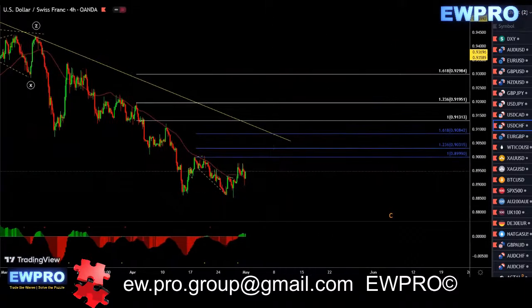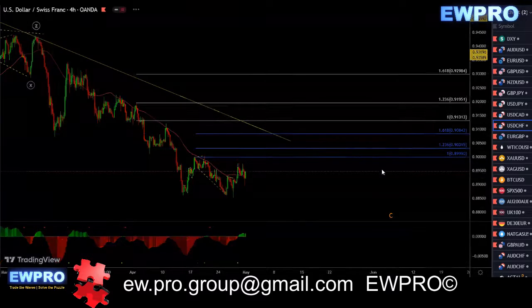I was looking for an A, B, C. We did get that C up late in the week there. It didn't get up to that 100 fib. We have a bear hidden here. So be very careful buying. You may get a buy setup in here. But more than likely, if I just go down to the H1,